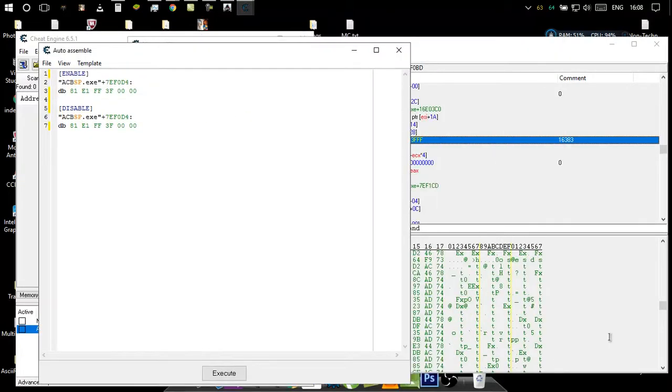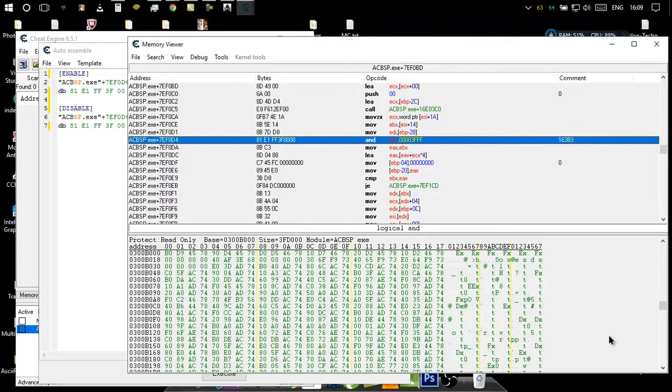So db means that you are going to declare a byte. Whenever you enable the script, you are going to go over till here, and then after the colon, whatever is written, you are going to execute it. So the db instruction declares a byte. 81 corresponds to AND, E1 corresponds to ECX, and this corresponds to the value after the comma. So AND ECX, and as we know the computers read from right to left,